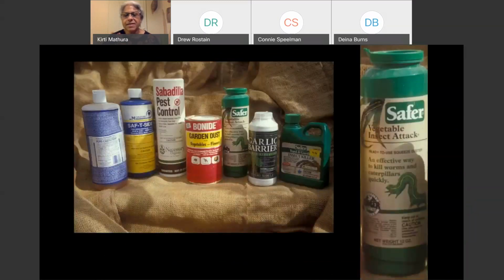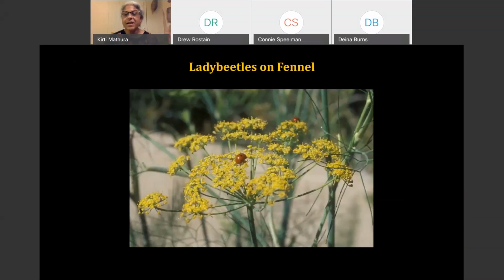Even organic pesticides, depending on how or when they're used, can actually harm butterflies. A favorite product to use for the bad caterpillars, such as looper caterpillars or maybe tomato hornworms, is a bacterium called Bacillus thuringiensis. Well, that will just as easily kill the caterpillars of desired butterflies. So always be very, very cautious in using any kind of pesticide. It's better to just let nature take care of bad insect